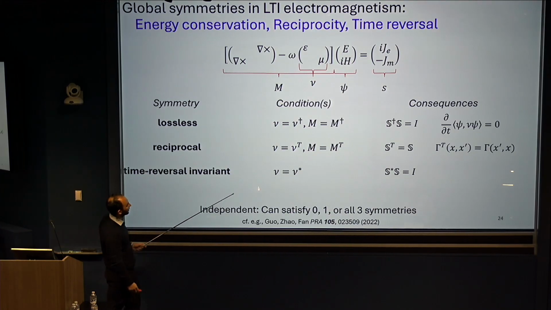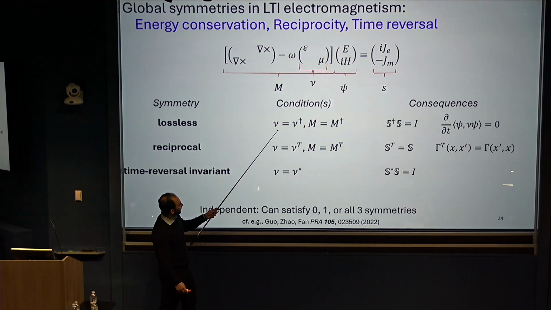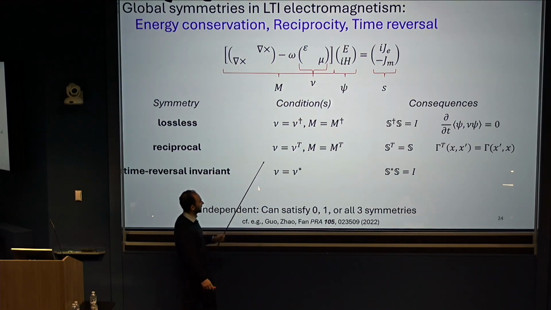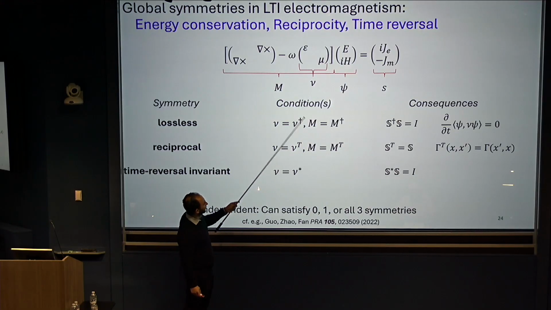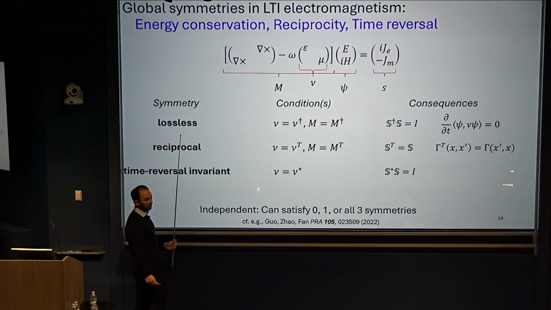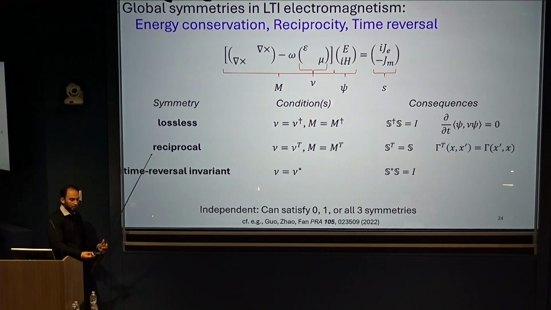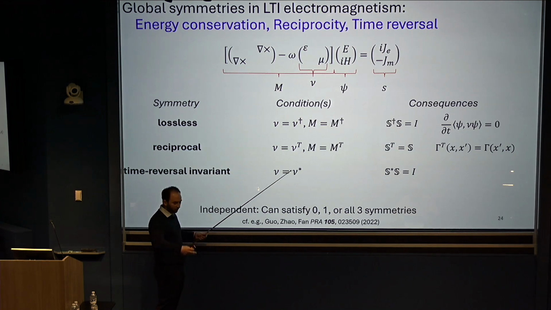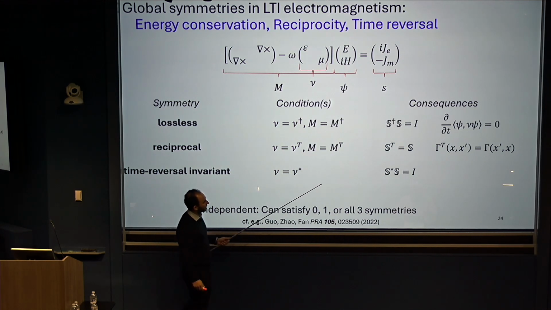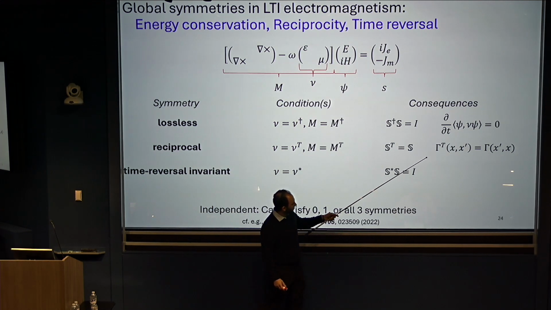And to simplify, if you have a material that has a Hermitian generalized susceptibility tensor, and your Maxwell operator is Hermitian, that corresponds to losslessness. We know this is like a closed or periodic system. Reciprocity is the transpose symmetry of the susceptibility, and that's more general. You don't need a closed cavity. You can have open boundary conditions, and in that case, you end up with a symmetric scattering matrix and a symmetric Green's function.